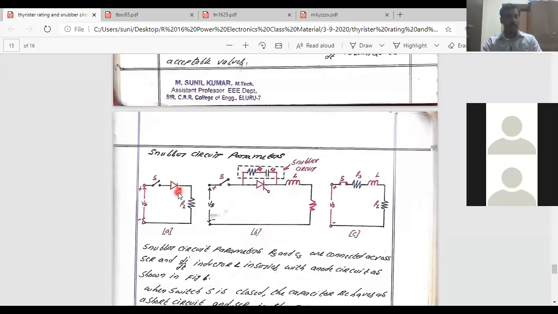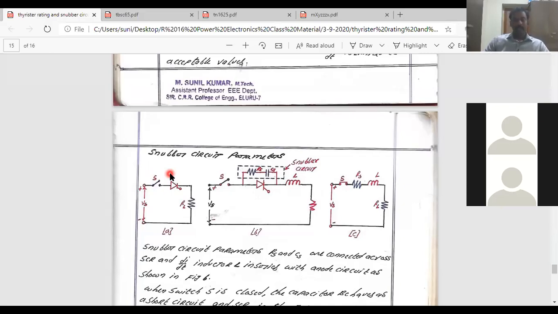First thing. Okay, second thing, whenever you consider the device in the blocking state, then the forward voltage is going to be increasing gradually, isn't it? If the rate of increase of forward voltage is high, then what will happen? If the dV by dt value is high, then the device is going to be triggered, isn't it? So that means this dV by dt protection is needed when the device is in the blocking state. Is it clear?